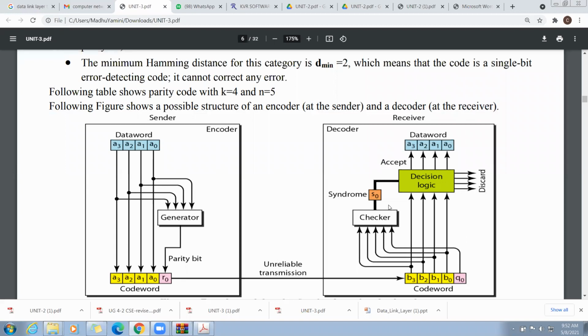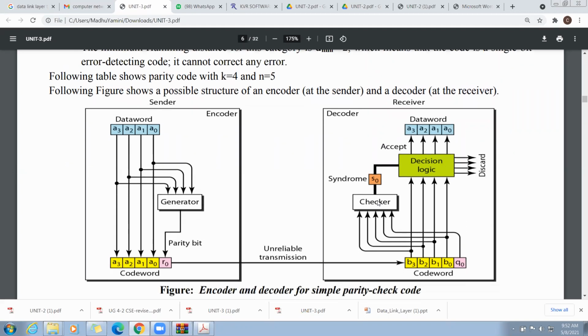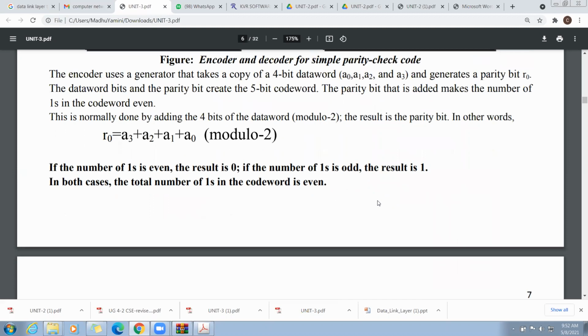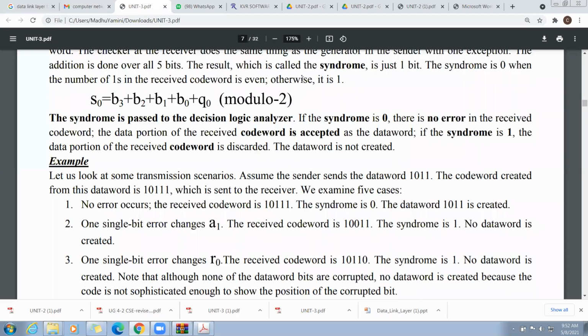We get a result, and that result is called the syndrome, S0. The receiver does this to check whether the received information is correct or not. The syndrome is just 1 bit.